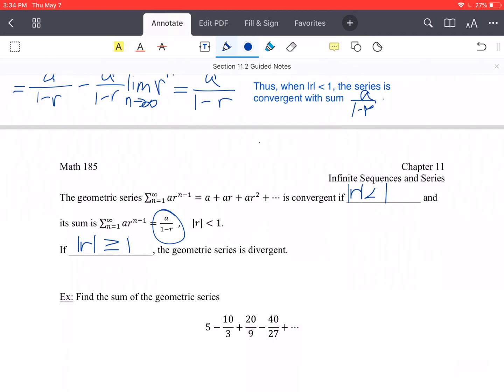Okay, so in essence, as long as we're multiplying by terms that are going to be smaller than 1, right, the absolute value is smaller than 1, then that's going to allow the series to converge, right, because we're adding on smaller and smaller values, whereas if we add on larger values,